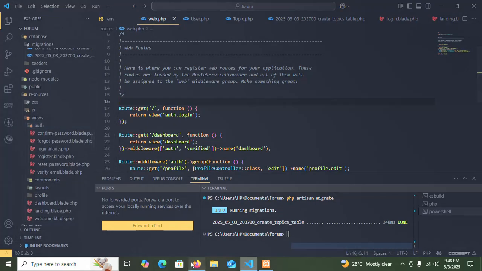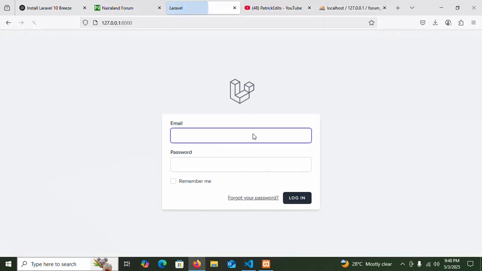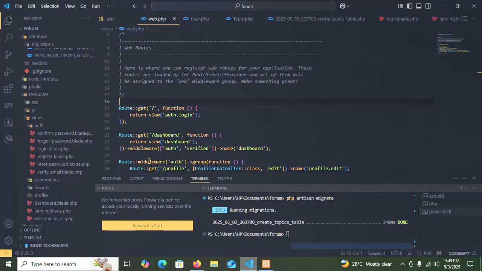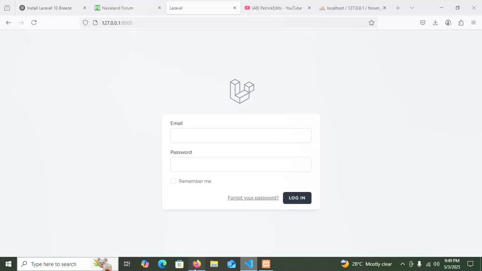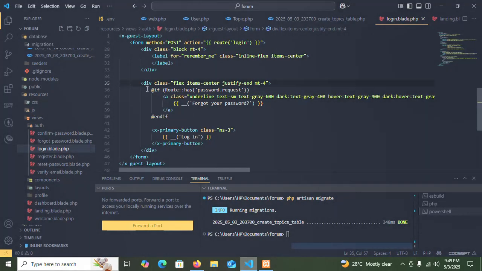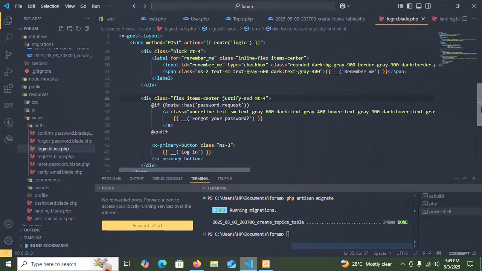Now let's refresh our default page and see what happens. So it is going to show us the default login created by Laravel Breeze. You can see the Laravel logo and all those stuff. Now let me say, for example, I want to edit this default login and then add some information to this part. Let's say, for example, where this forgot your password is, I want to add a link for registration beside